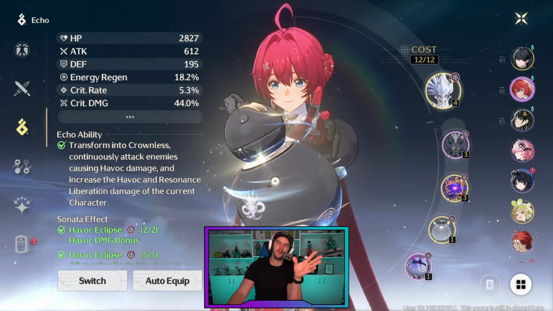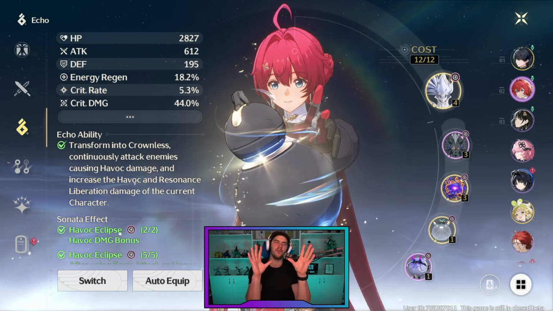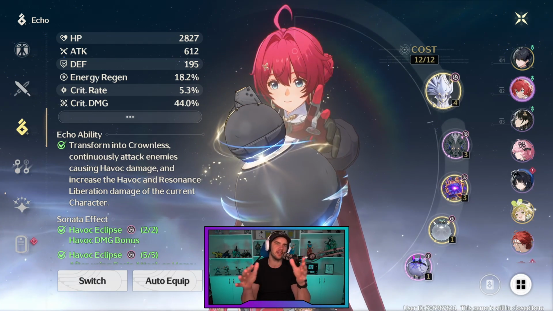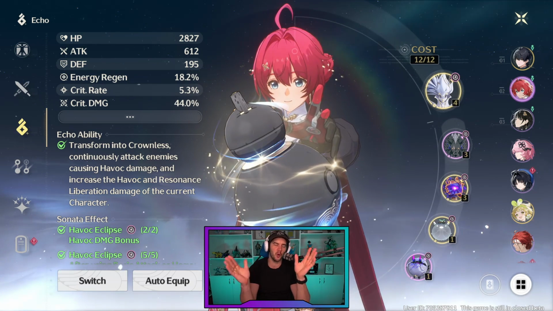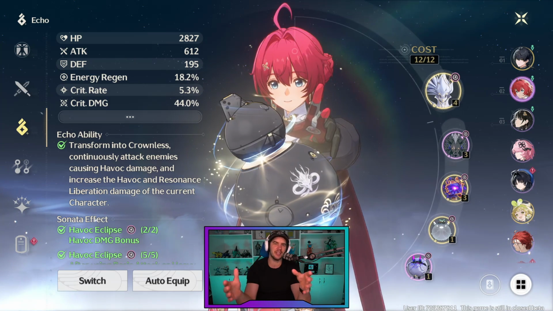So guys, echoes are probably my favorite feature inside Wuthering Waves, and I just wanted to do a whole video explaining everything I know about them so far. I will update this in the future with an actual guide closer to release, because there's still some small things I'm trying to figure out, but I feel like that is the most common question I see is about the